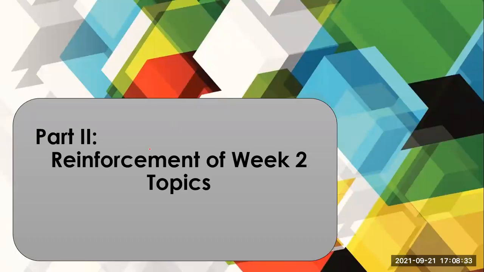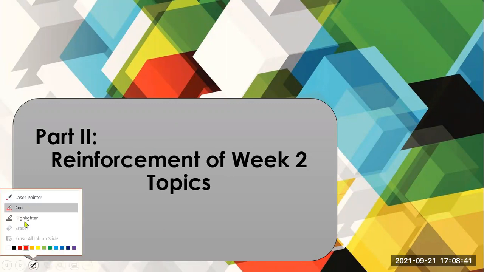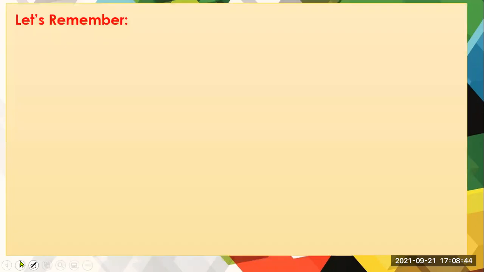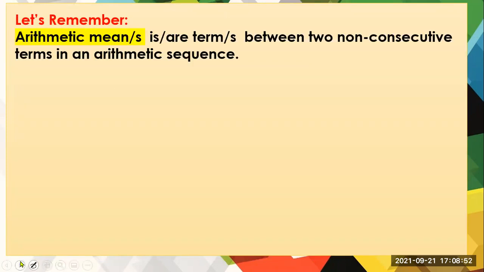Okay, so for part 2, we will reinforce the lesson that is in the week 2 module. In your module, it says that you have to remember what we mean by arithmetic mean. The arithmetic means are the term or terms between non-consecutive terms in an arithmetic sequence. For example, I have here the sequence a sub 1, blank, a sub 3. If this forms an arithmetic sequence, then the blank there is called the arithmetic